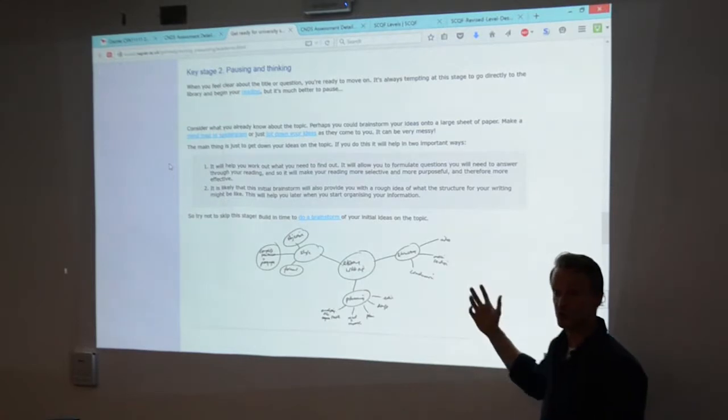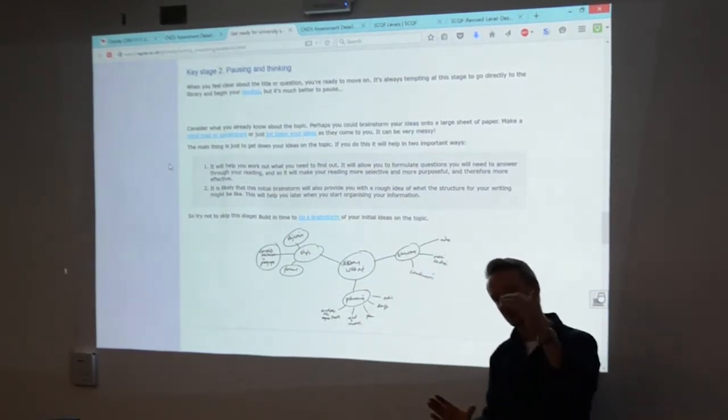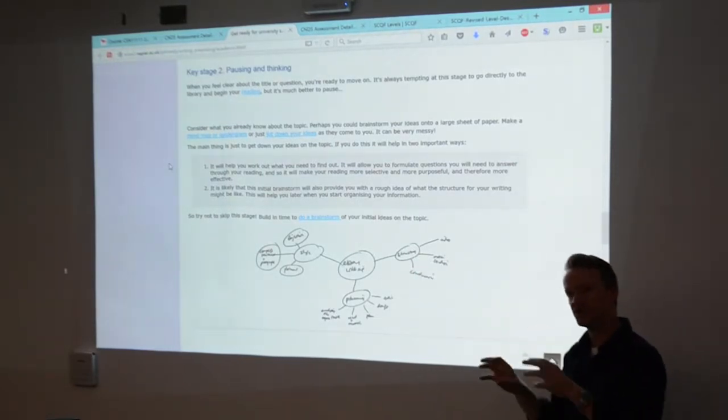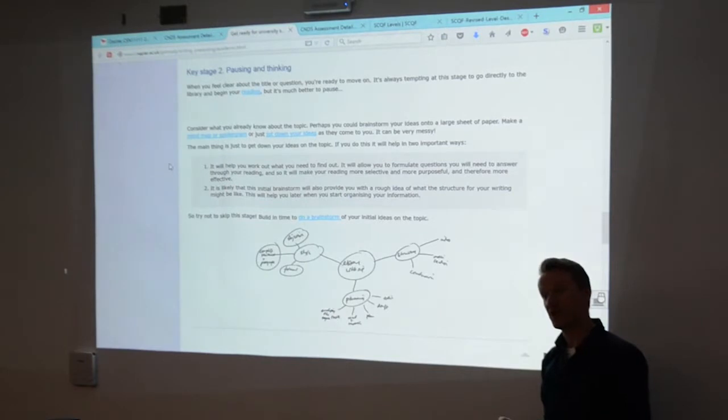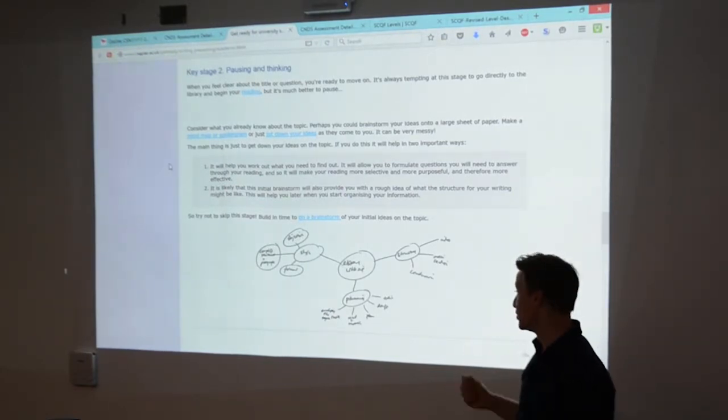You may not use all the sources, so it's quite a good way of doing things. There's lots of techniques like this. There's grids, matrices where you can write themes along the top and write papers and write notes in. There's writing notes on the papers themselves. There's using referencing databases, which I'll touch on at the end.